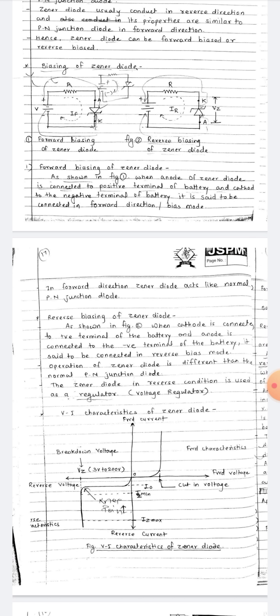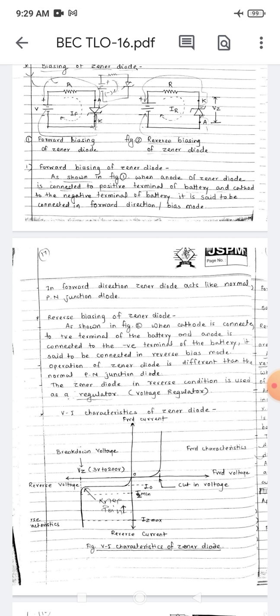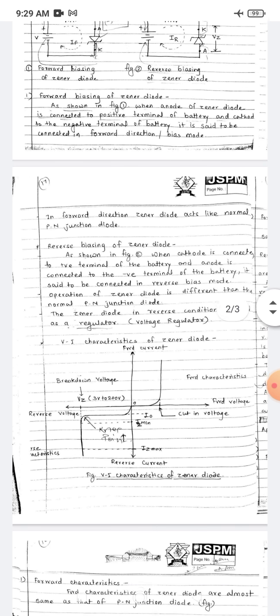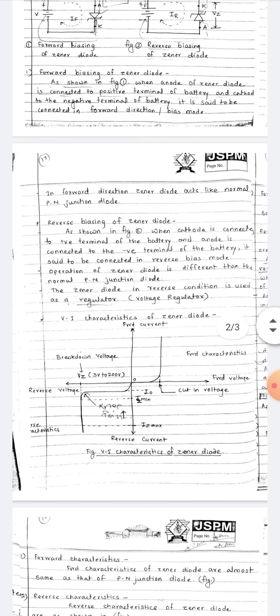So very little recombination takes place, but due to doping there is a large number of minority carriers available in the Zener diode. Because of that large number of minority carriers, a very good current will start flowing through the diode, though there is a reverse biasing condition. It provides kinetic energy to the diode. So the number of minority charge carriers will help the current flow through the Zener diode in reverse biasing, right? So this is the working of reverse biasing of the Zener diode.